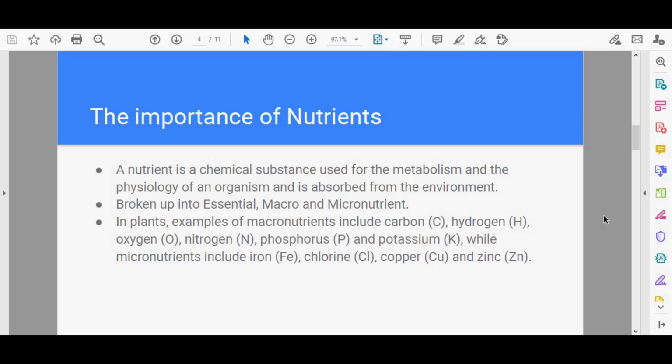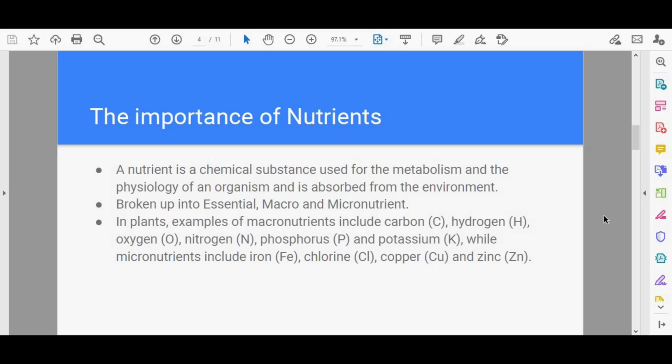You get essential, you get macro, and then you get micronutrients. So if you want to know what all of those are, pop a quick research in on Google, or you can look in your local textbook and it will explain it further. I've never seen them ask this question in an exam, so that's why I didn't break up the definitions of those 3 types of nutrients. But you're more than welcome to go and further find out what all of those mean. Although the last 2, macro and